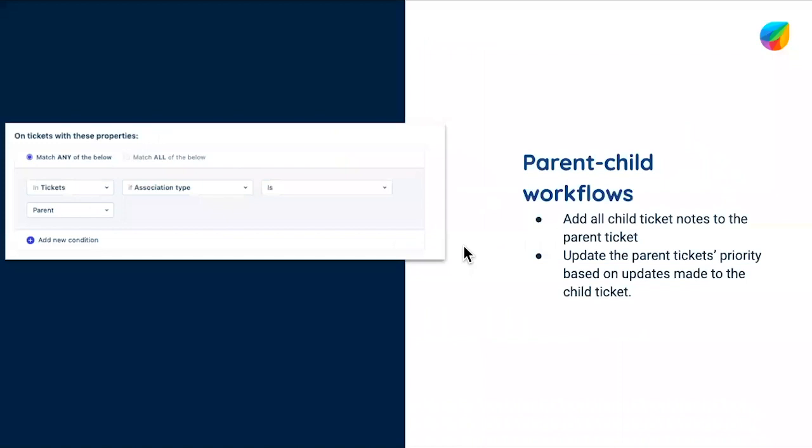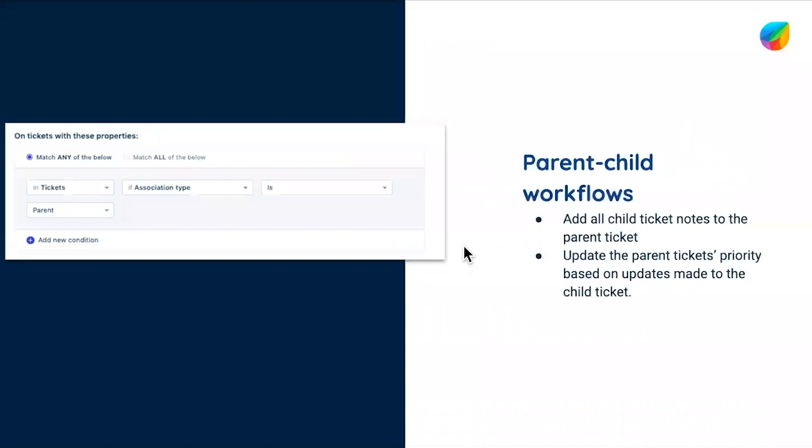So in these cases, you're probably creating a couple of child tickets connected to the original ticket that the customer wrote into you about. And the support agent who's working on the customer's ticket is always the single point of contact, and a customer relies on them to get the latest and the greatest. So with the parent-child ticketing automation, what you get to do is ensure that any updates made to your tasks, essentially your child tickets, are easily synced right back to your parent ticket so that your support team and your support agent always has